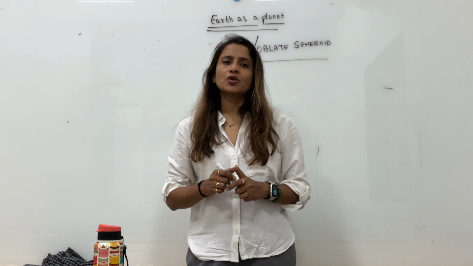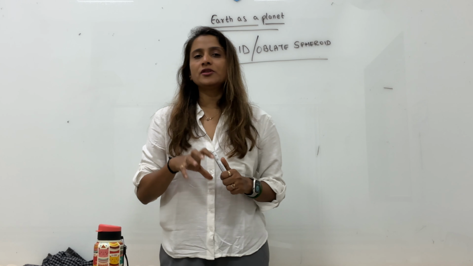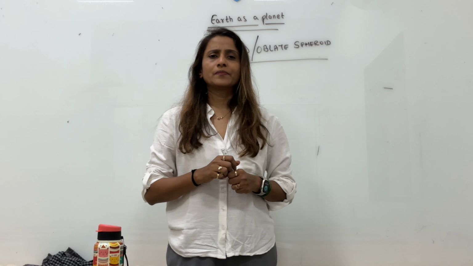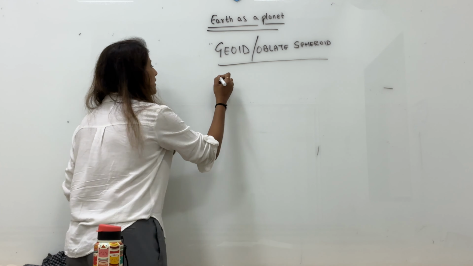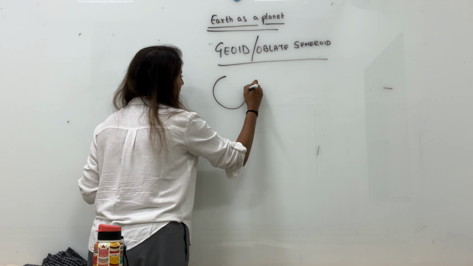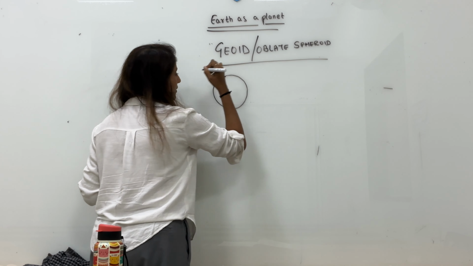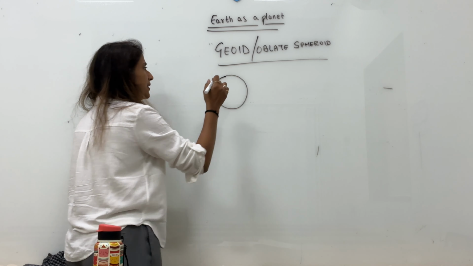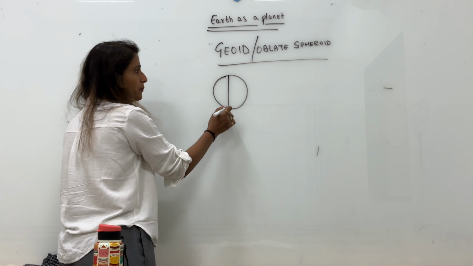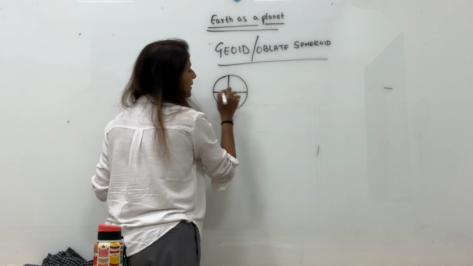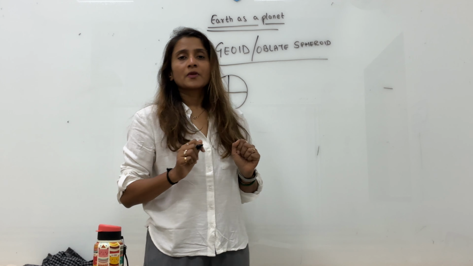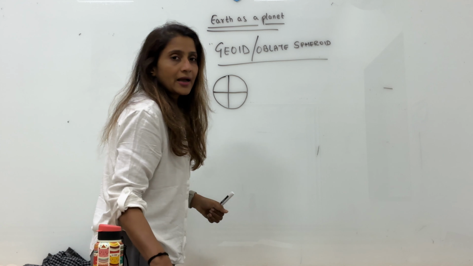So what do you mean by geoid? As I said, you have seen an orange, how an orange is? A little flat at the top and a little bulging in the center. If earth would have been spherical, our earth would have been exactly a sphere. Correct? Then the polar diameter, meaning the diameter from one pole to another, and the equatorial diameter should have been the same, but when measured we found out that